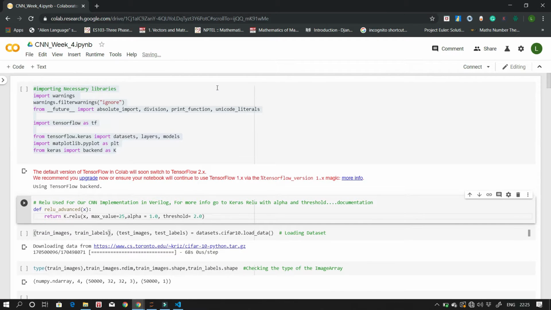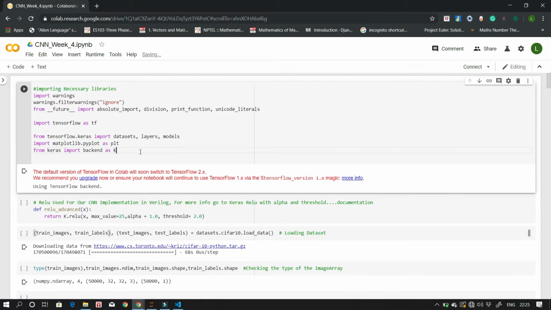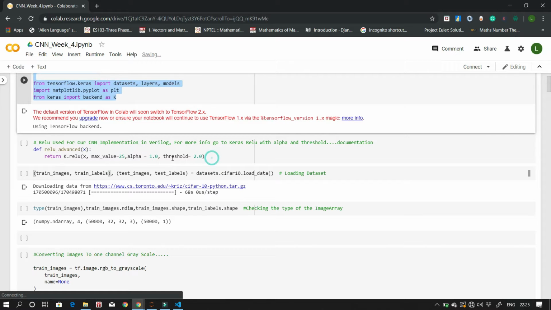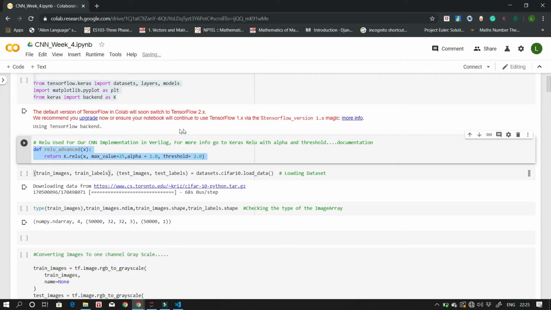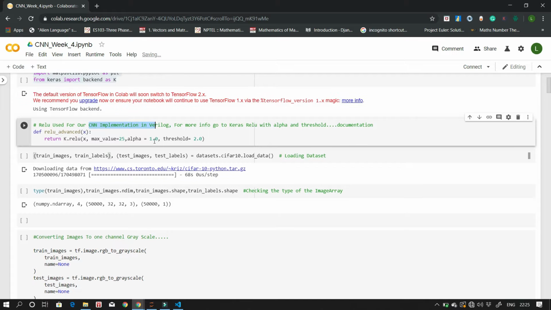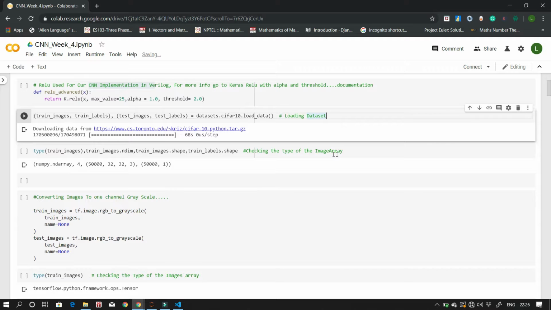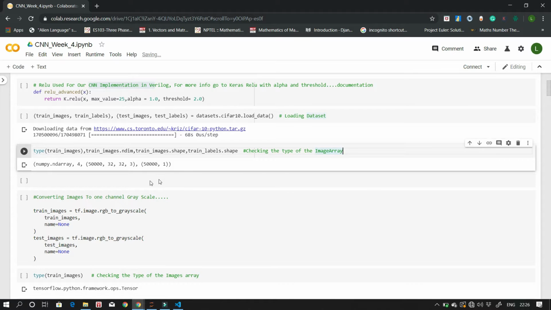So this is our Python code to extract weights and bias for our Verilog implementation. The first block is about importing all necessary libraries like TensorFlow and Keras, and this is our ReLU which we have defined. You can go to the Keras documentation for reading about ReLU advanced with threshold, maximum value, and alpha defined. So we have just loaded the dataset from Keras predefined datasets, and we have checked all the shapes of